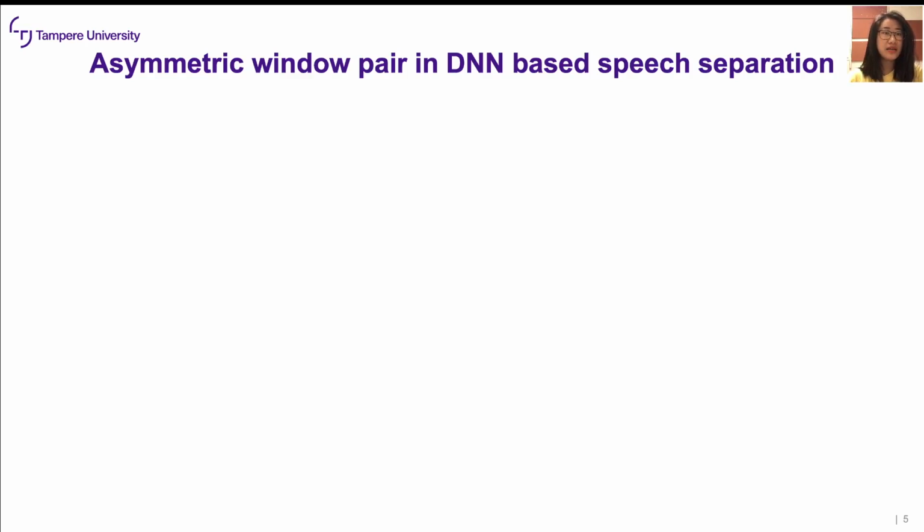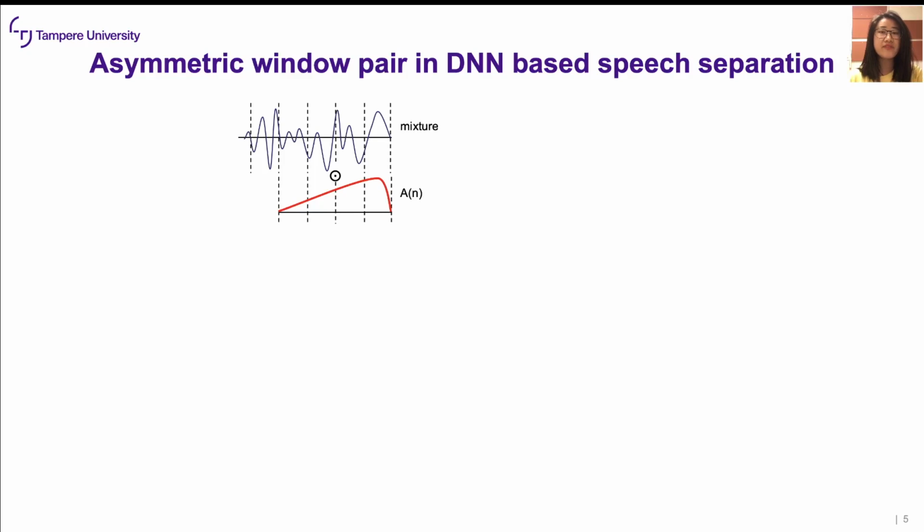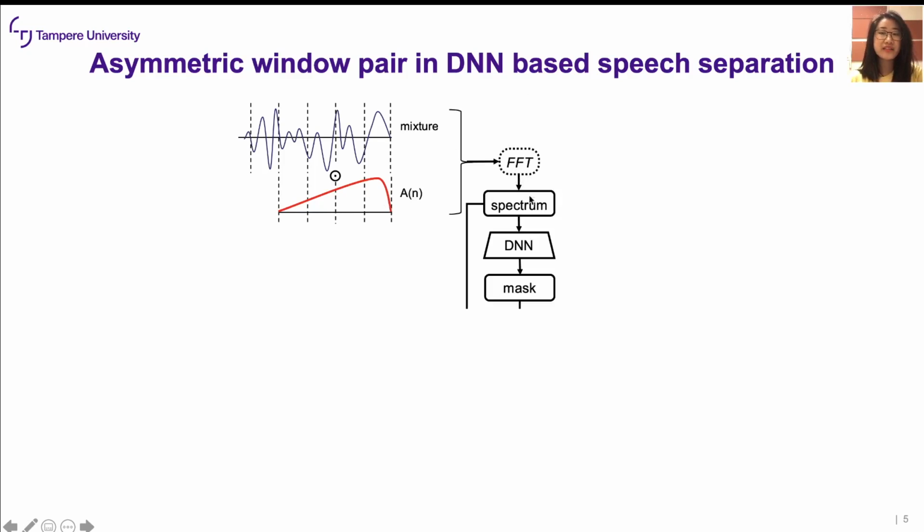Next, let's look at how this asymmetric window pair is applied in a DNN-based speech separation system. Given a mixture signal, we multiply it with a windowing function, like how we normally do. The only difference is that instead of using an 8 millisecond symmetric analysis window, here we use a longer 32 millisecond asymmetric analysis window. Then we apply FFT to get the spectrum, and the spectrum will go to the DNN to